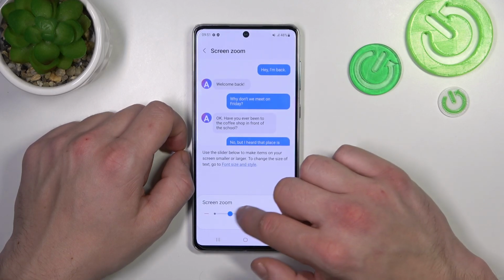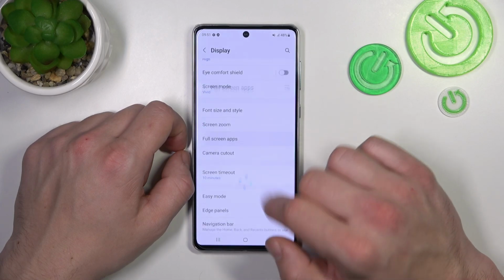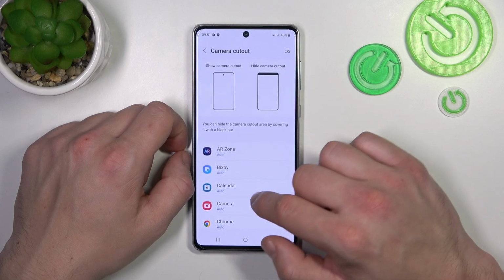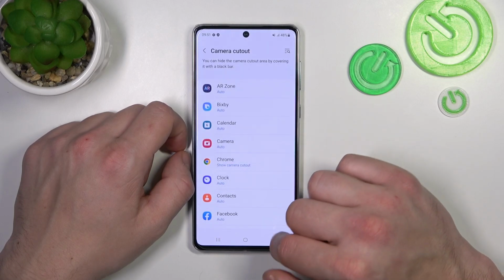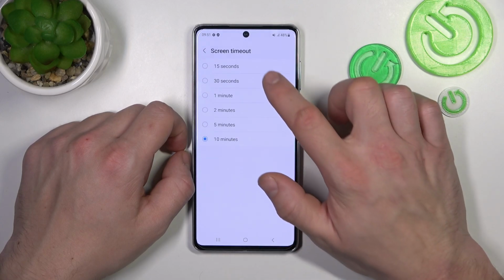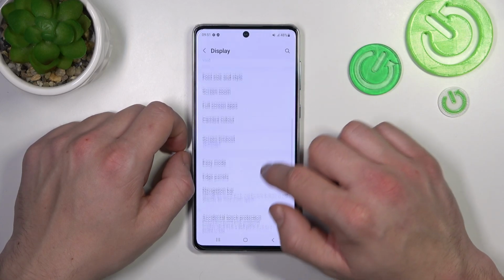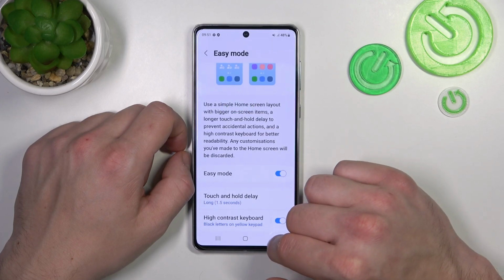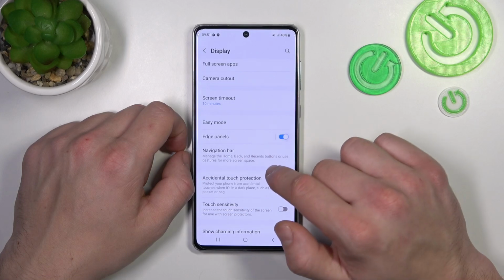Next we can change screen zoom, enable full screen mode for apps, hide notch in apps, change screen timeout between 15 seconds and 10 minutes, enable easy mode, edge panels,